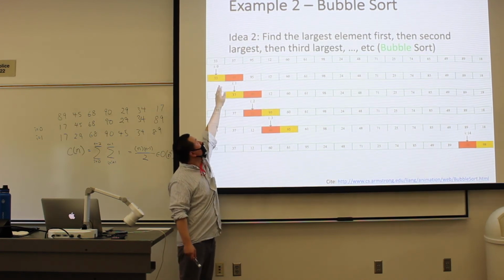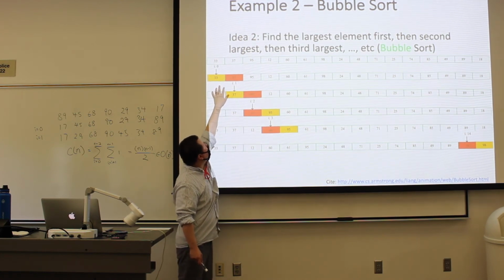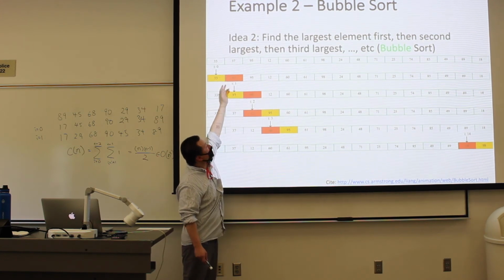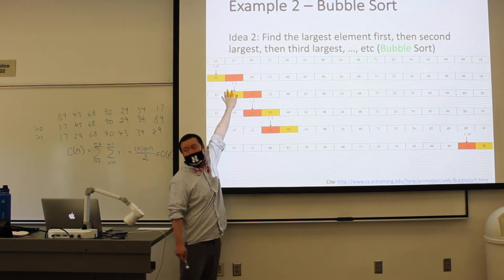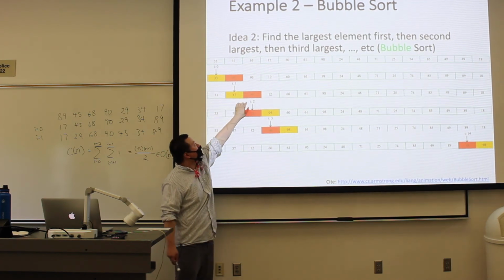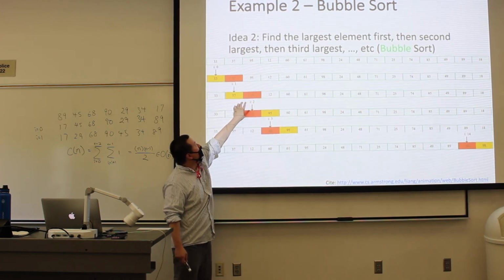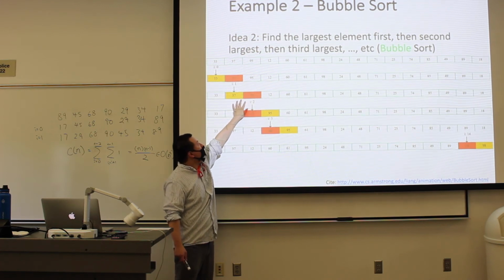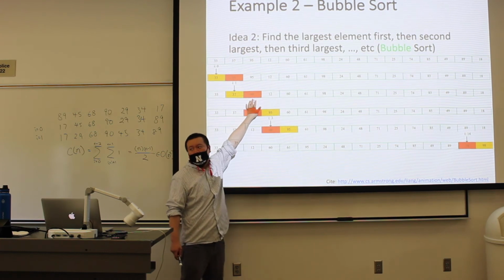If this guy is larger than this one, it's going to swap. In this case, it's not the case, so it's not going to swap. Now it's going to move on to the next one and ask, are we going to swap? In this case, it's not going to swap because 37 is smaller than